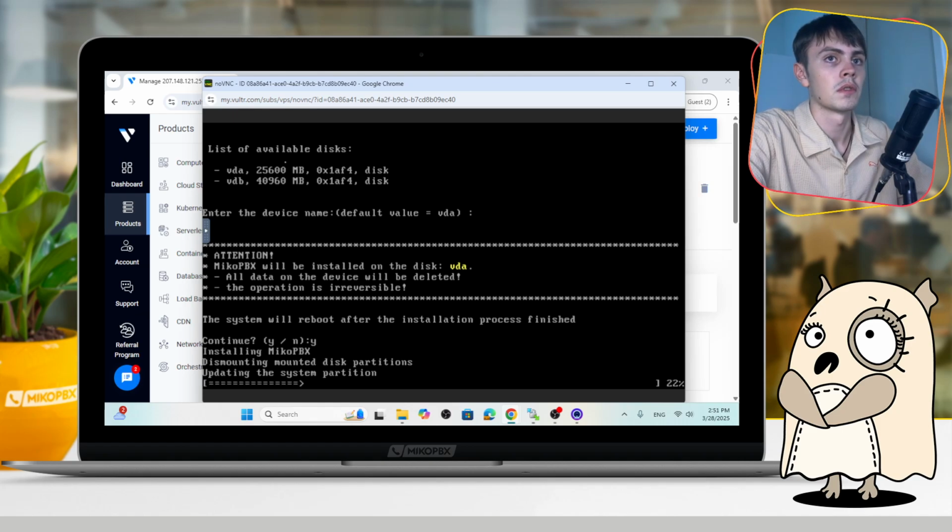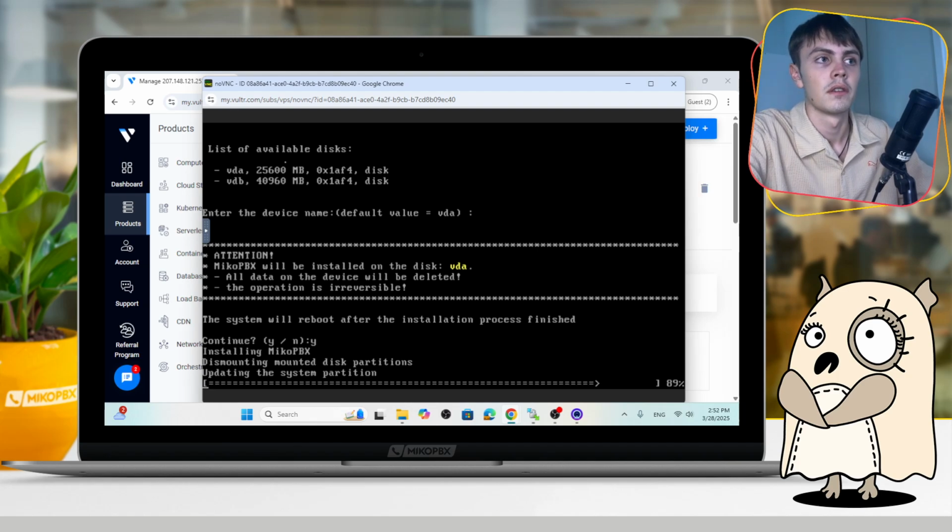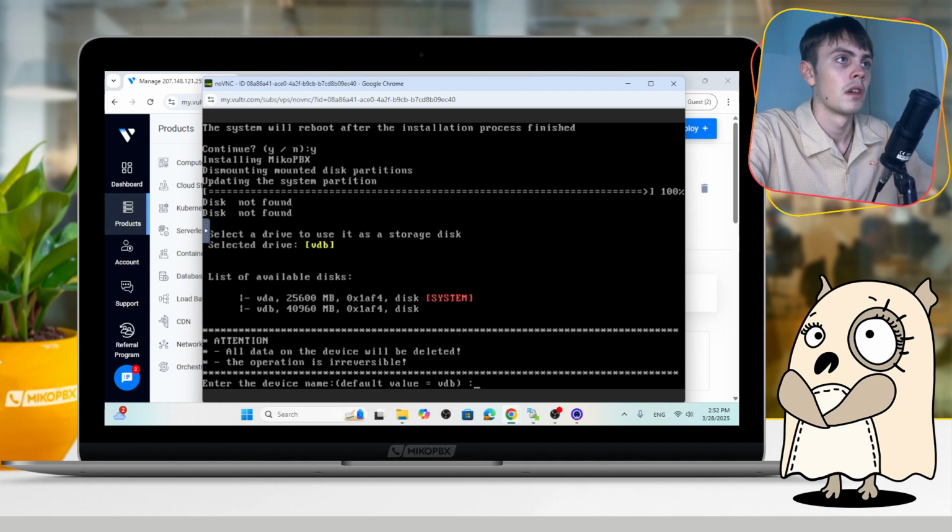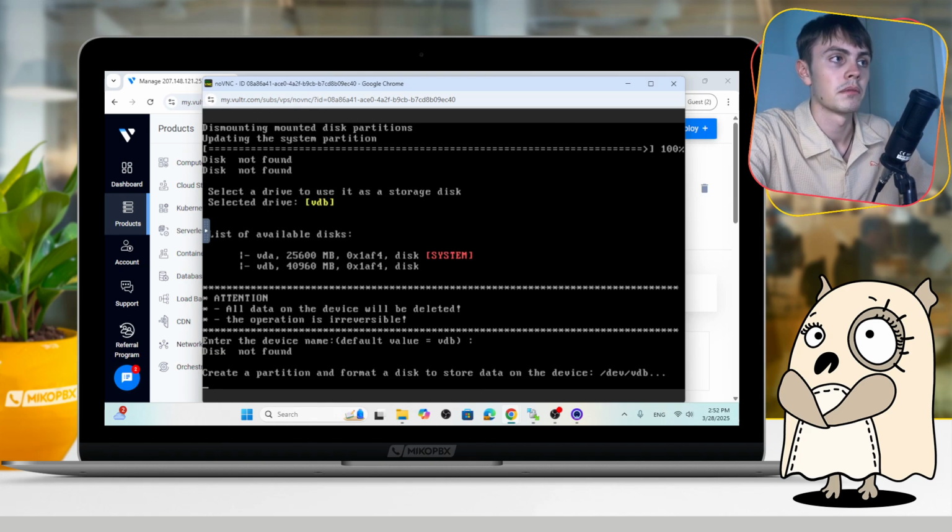Wait for a few seconds until our system is mounted on this disk. And then we should choose the disk for storing recordings. For me that would be VDB. I confirm this choice, and after that we should wait for a few seconds until our system goes down,